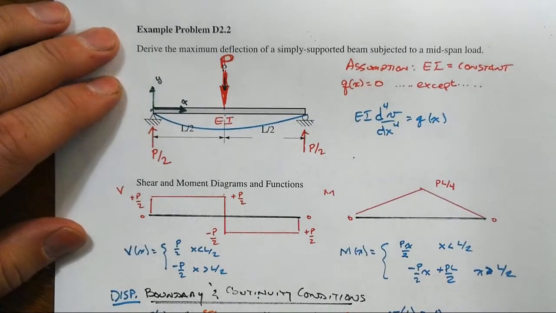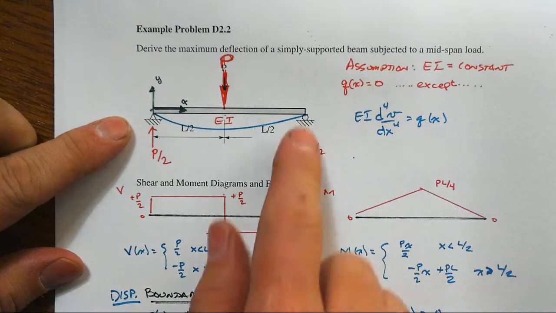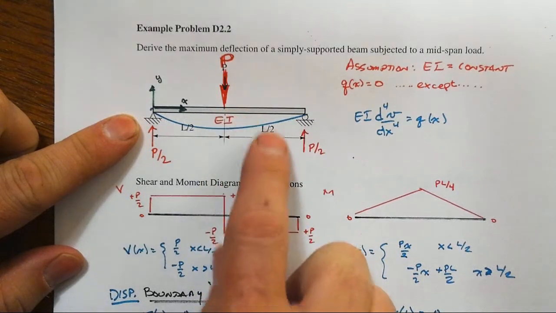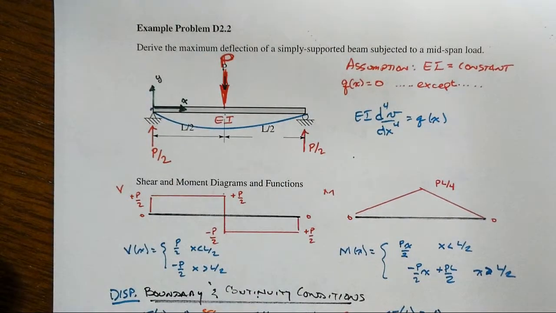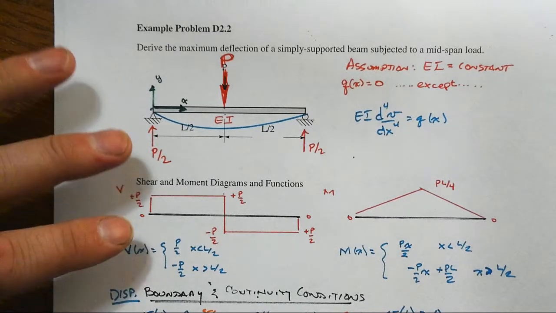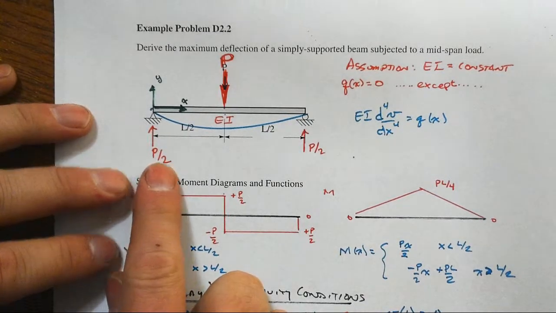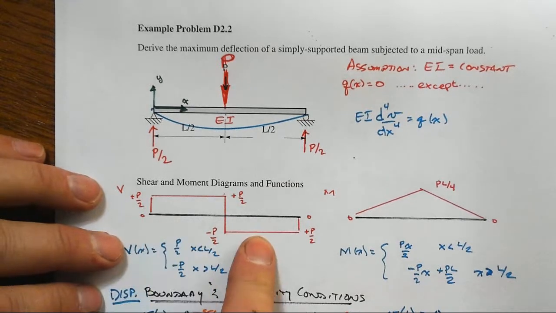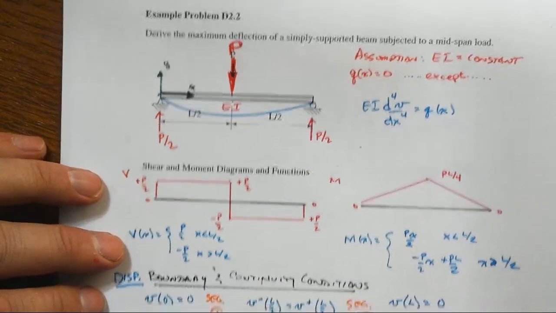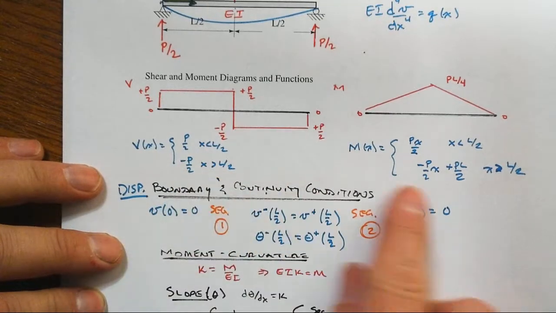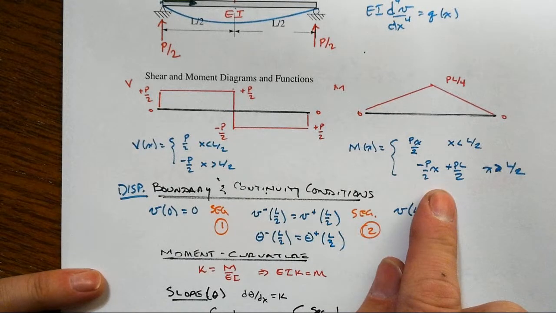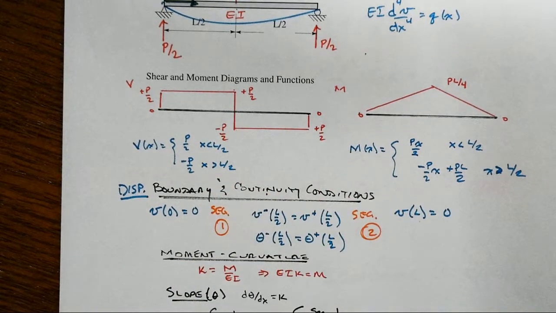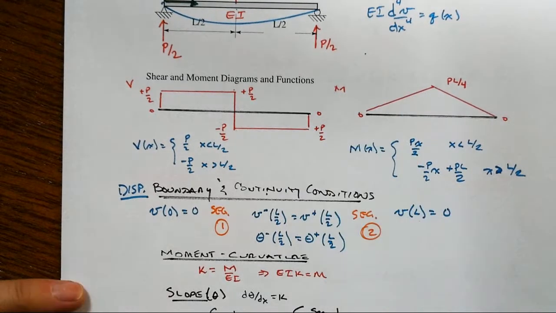In example problem D2.2, we had a simply supported beam with a midspan load, and we were asked to find the maximum deflection for that particular loading scenario. We've walked our way all the way through finding the reactions, finding the shear and moment diagram in a conventional way, then observing what those equations would be for each segment. We did it that way because that was straightforward and easier to do than the formal differential equation